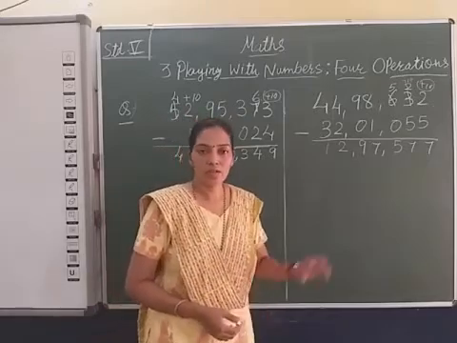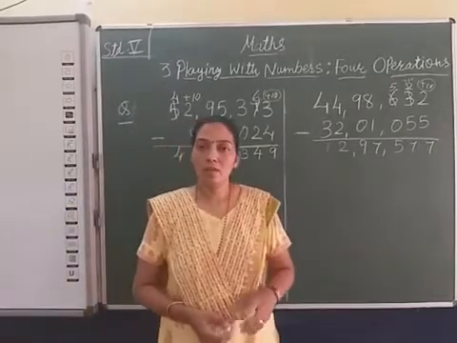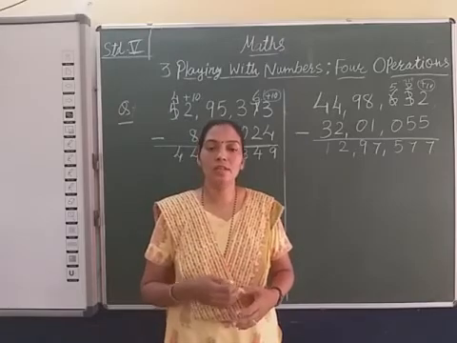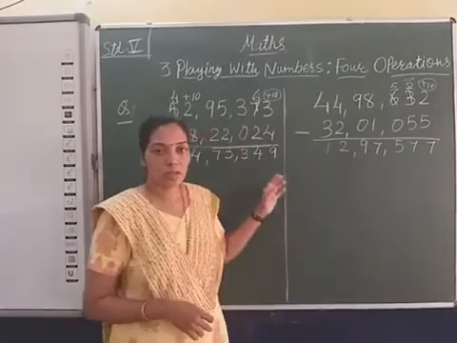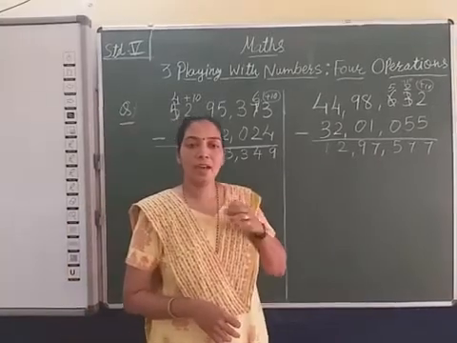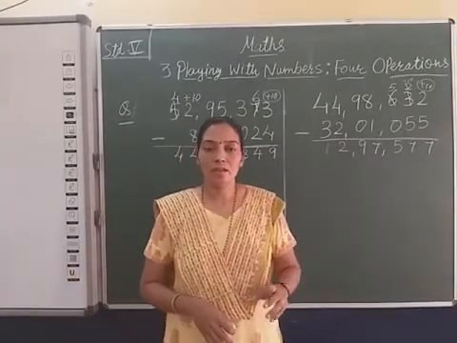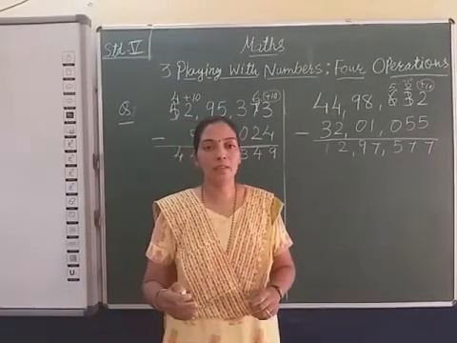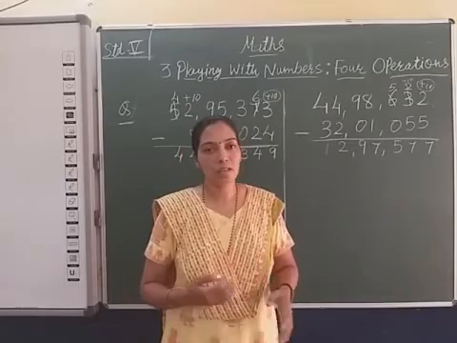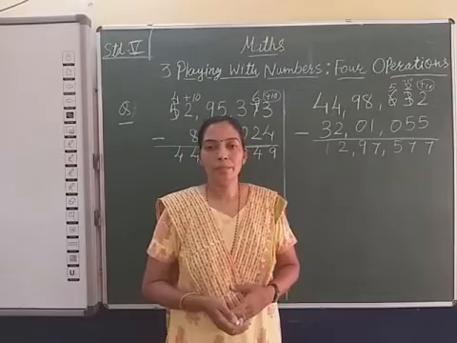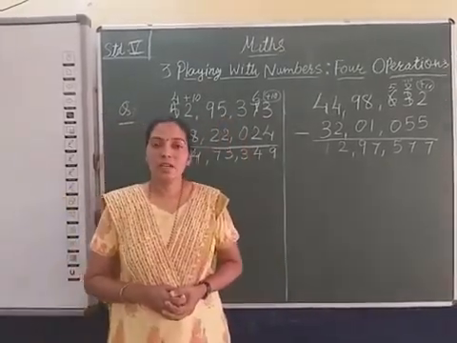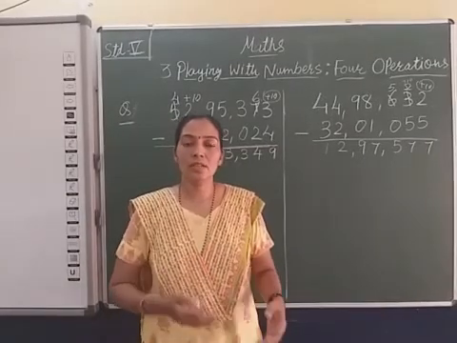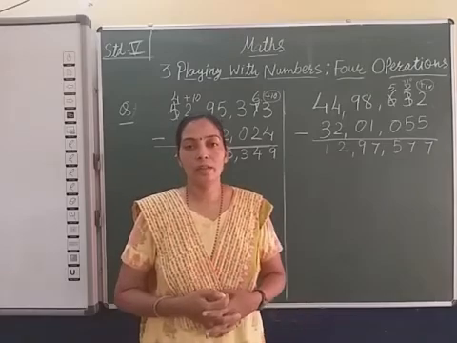12,97,577. So in this way you do the practice and you will find the answer easily, because you already learned 5-digit and 6-digit subtraction. So this is also an easy way. Just keep in mind while you are subtracting or adding, when you put the numbers, be careful that the place of the number should not be changed. Otherwise we do not find the proper value. Now let me see the next step: when in the question the addition and subtraction are given together, then how will we do it?